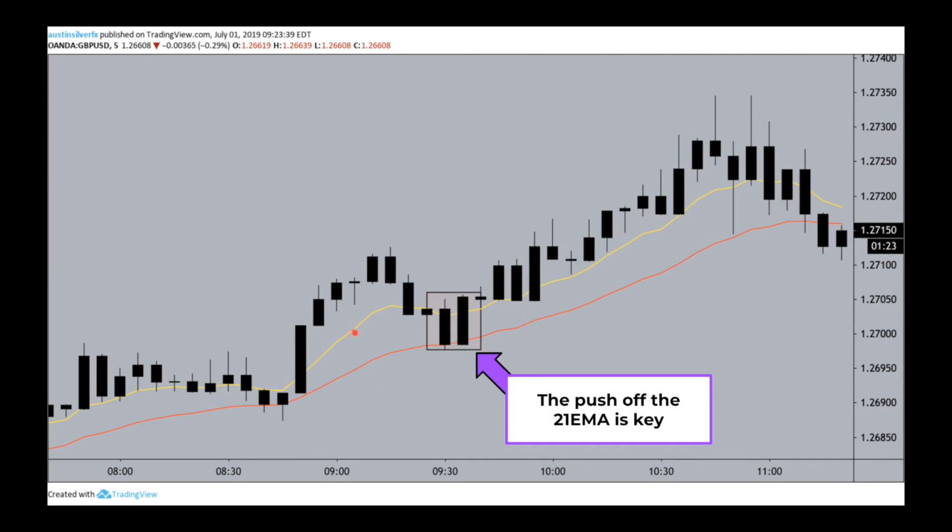We have 2 EMAs on our chart right here. First, the 8 EMA is in yellow. Second, the 21 EMA is in red. These are 2 EMAs that when we get into the later chapters of this course, I'm going to show you the entry signals using these as our beginner entries, and then the more advanced entry signals that combine more EMAs into them as well.